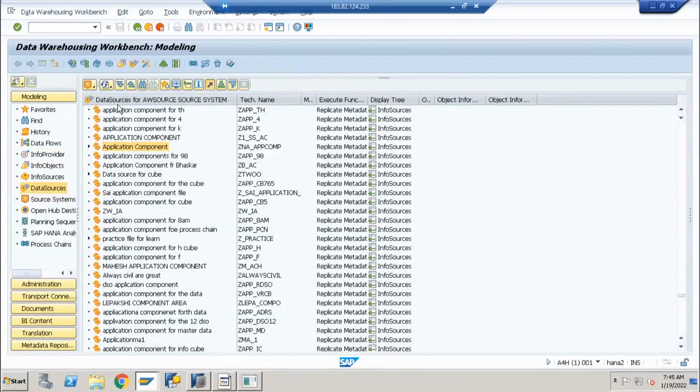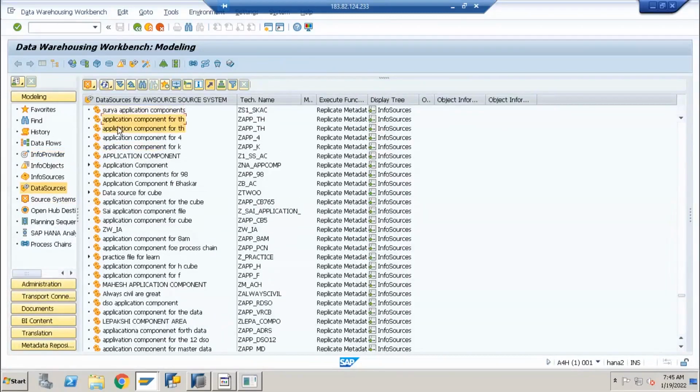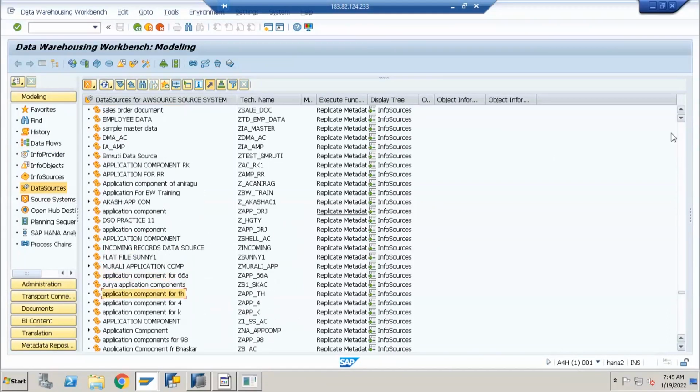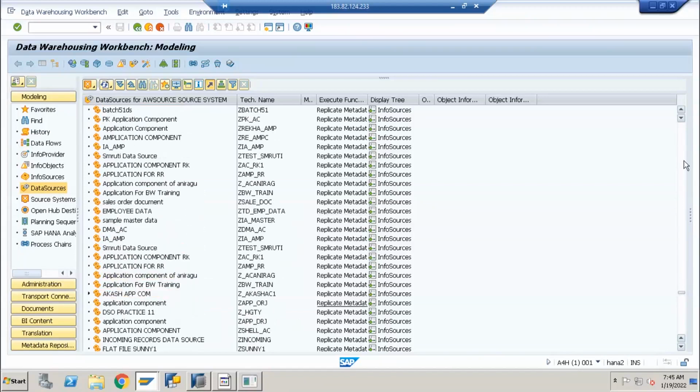These are all application components. Like the info area is available at the info provider level, in the same way, this is the application component in the source system, and we need to take one application component here for reference.